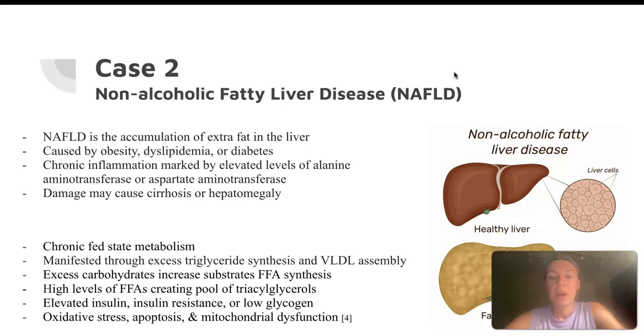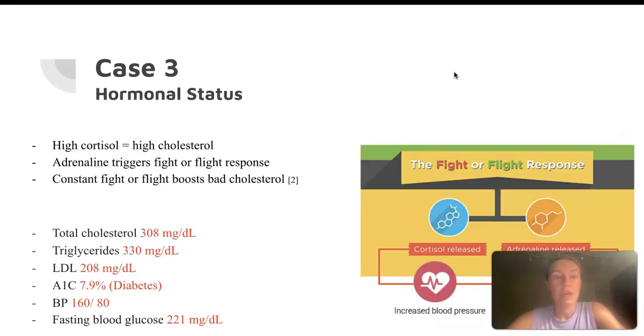So basically, when the liver and the metabolic processes that the liver undergoes to metabolize free fatty acids are all on overdrive, it can cause these functions to fail, which can cause further complications as we see here. So then for case 3,